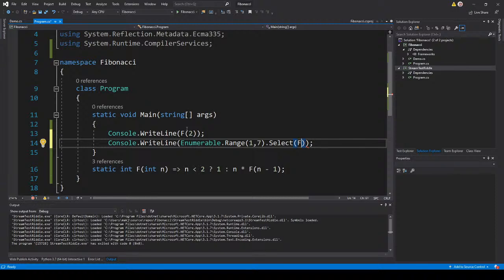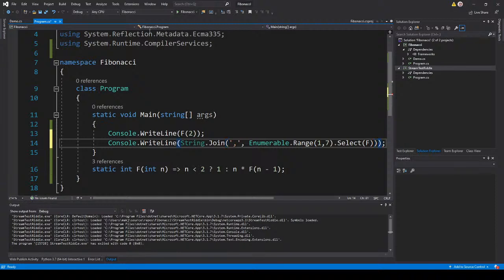Okay, select that, and then what we need to do is return it as a string, and you need to separate that as the enumerable right here.